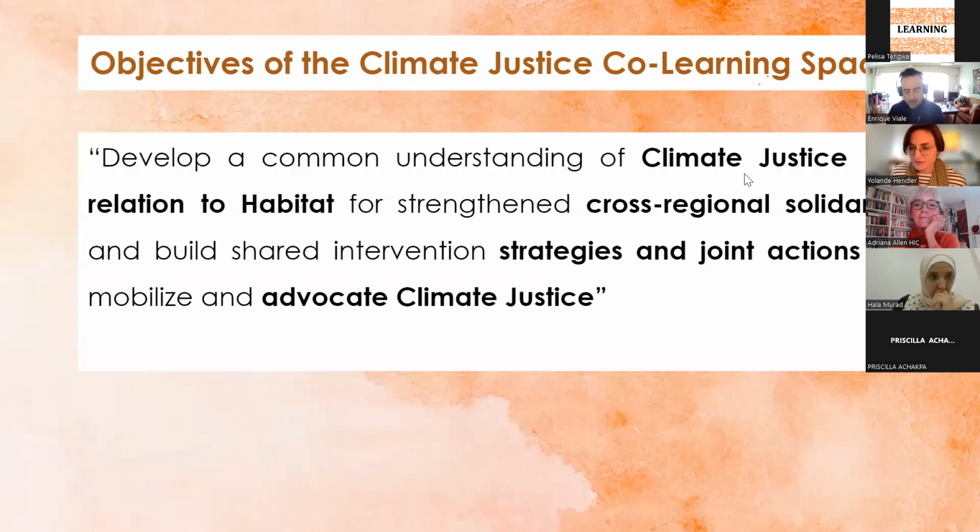What is the objective of this co-learning space? It's really to develop a common understanding of climate justice, and particularly climate justice in relation to habitat, for the purpose of strengthened cross-regional solidarity, to build shared intervention strategies and identify joint actions. Again, you'll see it's very much about learning hand in hand with